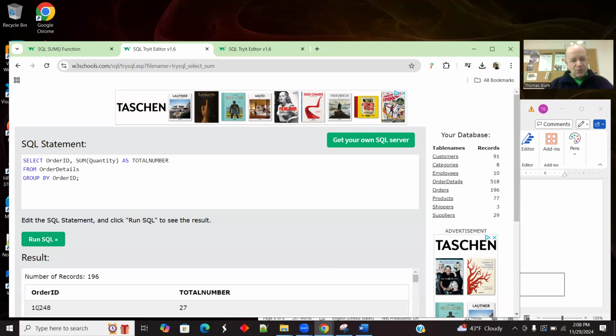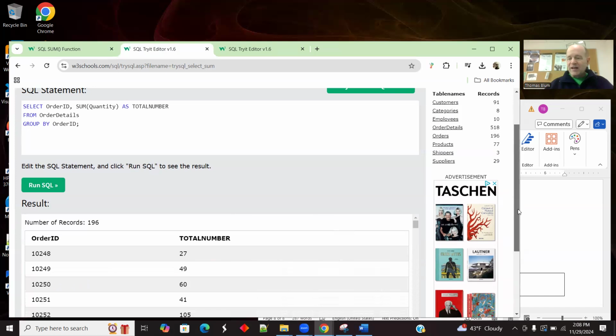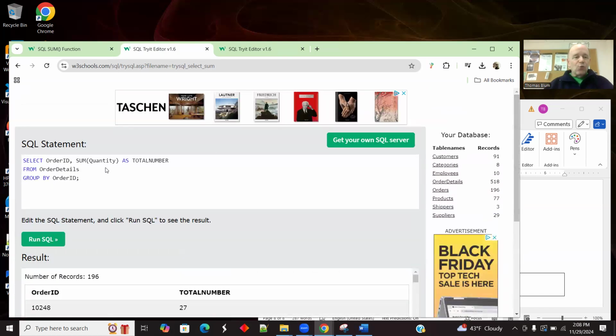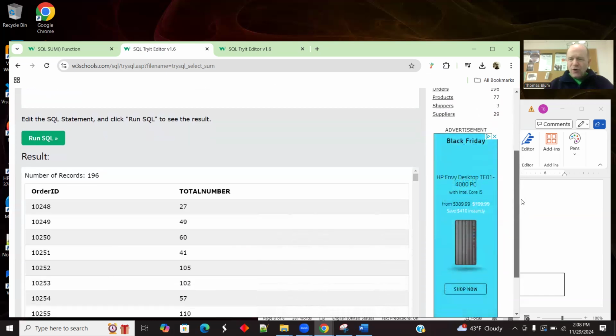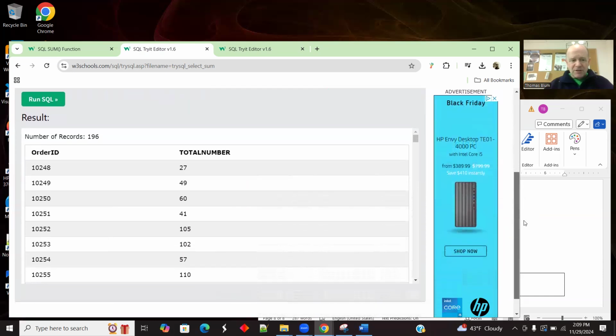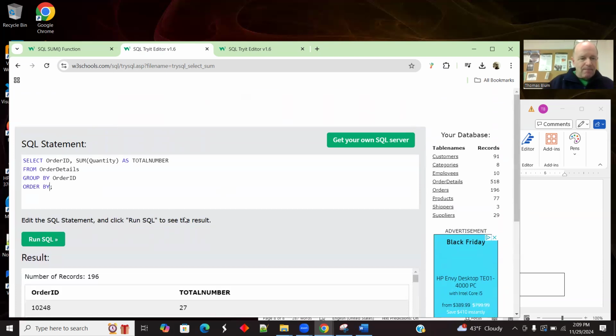So order 10248 had 27 total items, 10249 had 49 items. Right now it is sort of by default ordered on the first property in ascending order, but we can, if we want, order by